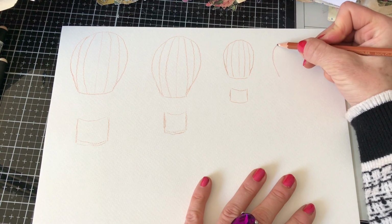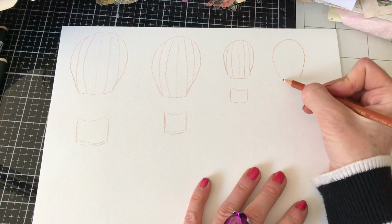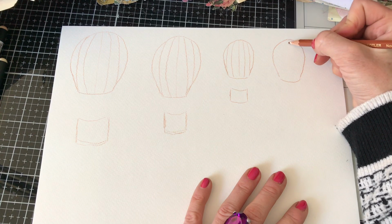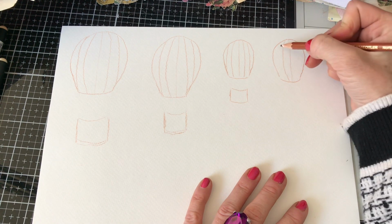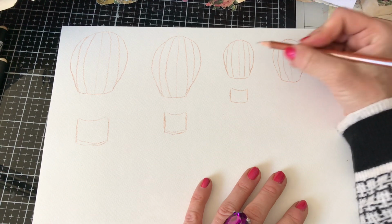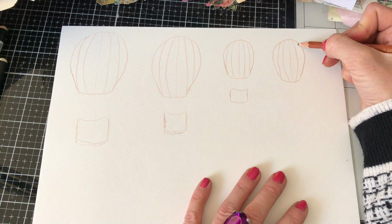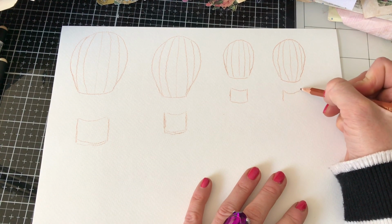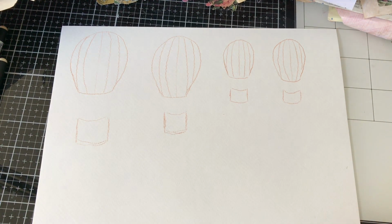So again, going to try for quite a small one. Like that. And then just round that off here, and then down here. Trying to do these a bit more curvy because that one was very straight. I'm hoping that once I paint these, they're going to be disguised and look okay. So far they're not looking brilliant, but hopefully once we paint them, they're going to look much, much